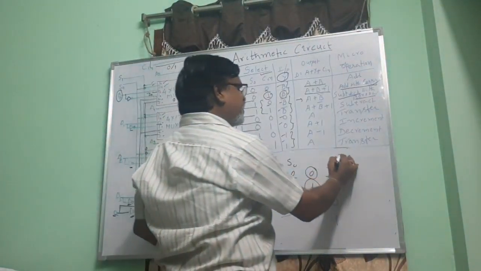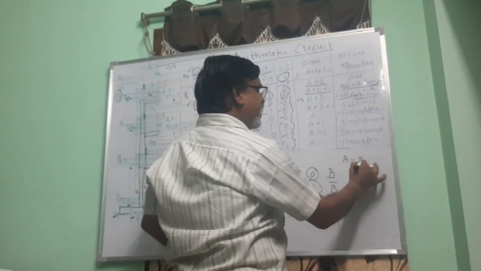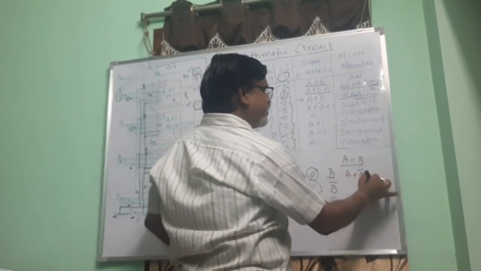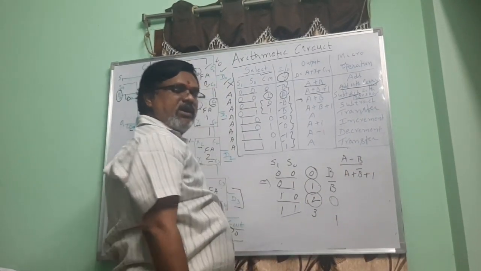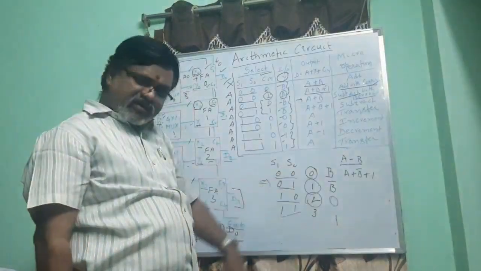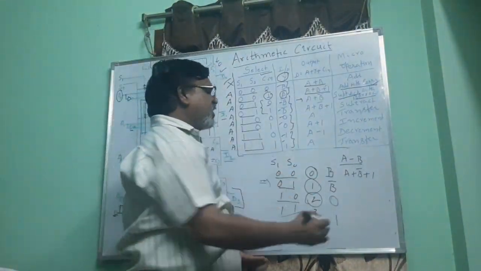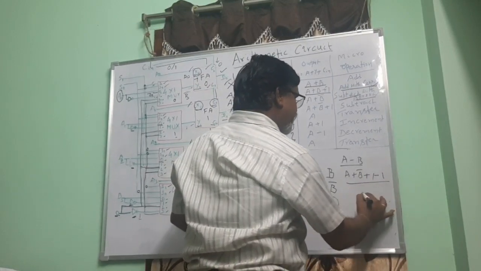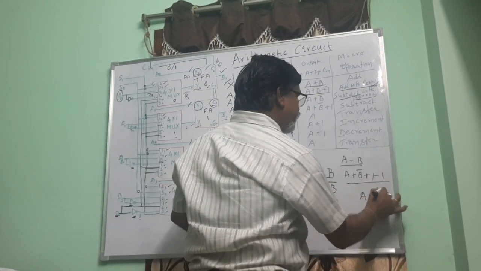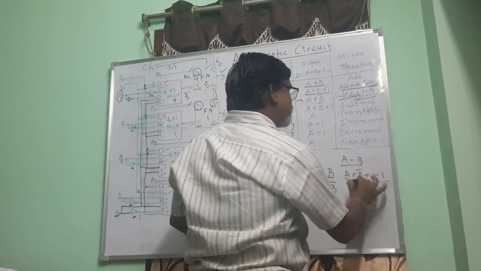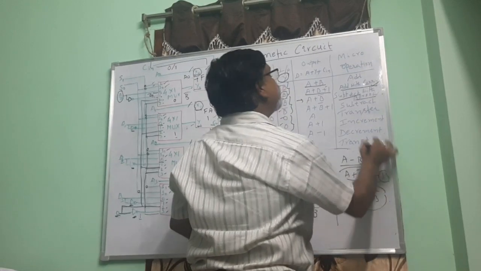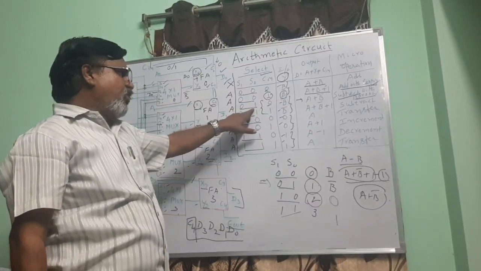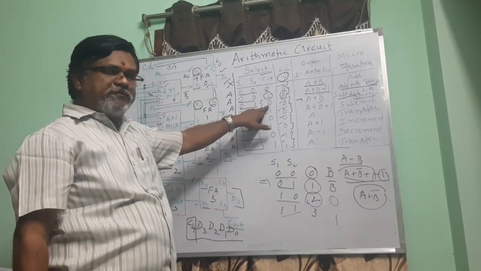So generally what is subtract? Subtract means A minus B. This is nothing but A plus B bar plus 1. This is subtract. What does borrow mean? Minus 1. So for this, simply we can say minus 1. This is nothing but A plus B bar. So A plus B bar is nothing but subtracting with borrow. So subtract with borrow will be performed when S1, S0 are 0, 1 and Cn is 0.